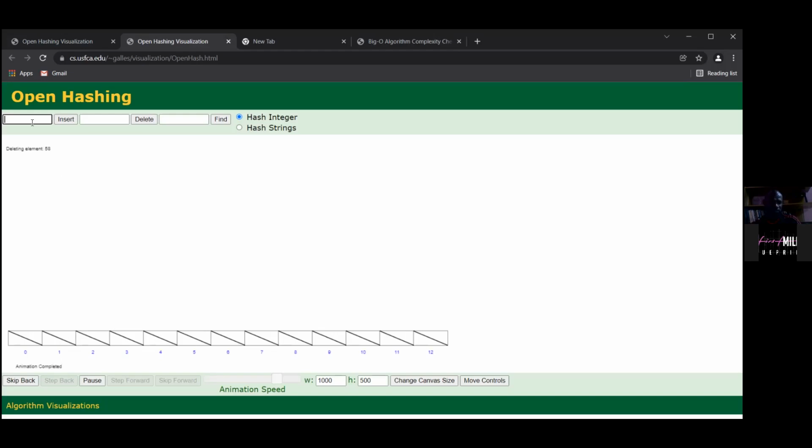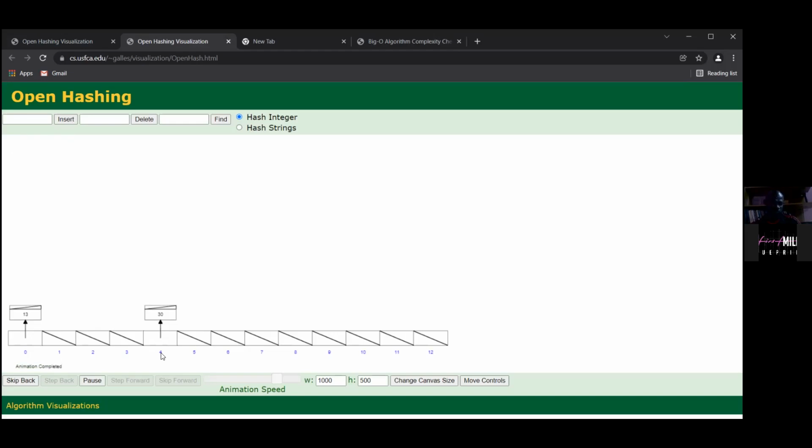You notice when I type, let's say 13, and ask it to insert, it hashes it. It has stored 13 at memory space 0. Right. Okay. Let's say I want to insert 30. It hashed it and stored it at 14. But this is not how an array is stored.